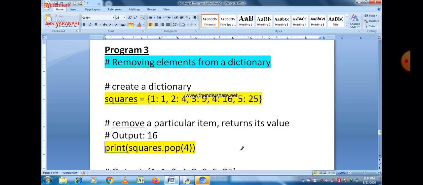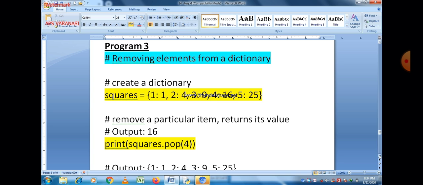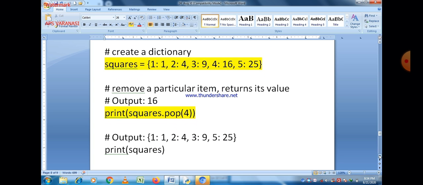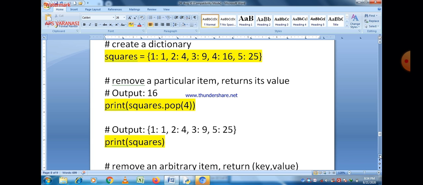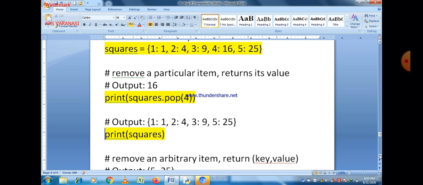It means the value regarding that key, the key is 4 and the value is 16, so 16 will be deleted. You can easily see, on the screen if we just print square, means print the dictionary at that point of time, we get 1:1, 2:4, 3:9, 5:25. Note down that 4:16 is not there because it is already deleted.